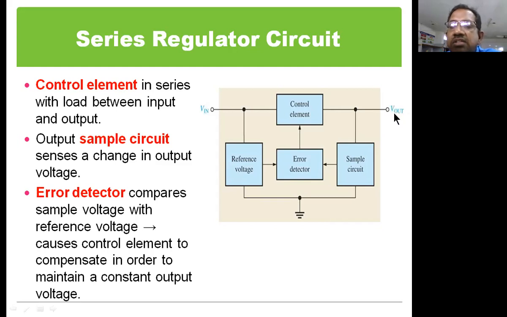Say, for example, imagine that the output voltage is going to increase. When the output voltage increases, the sampling circuit is going to draw more current, and this change in current is applied to the comparator circuit. The comparator compares the change in the circuit current with respect to the reference voltage applied. The comparator may compare voltages or currents.